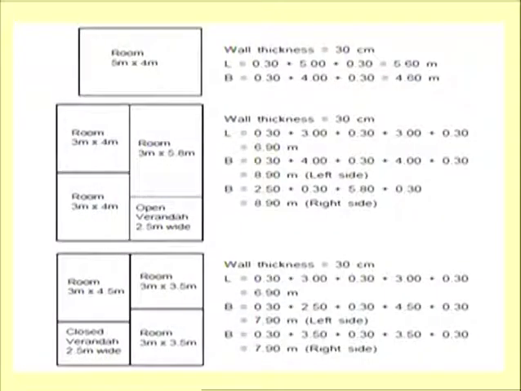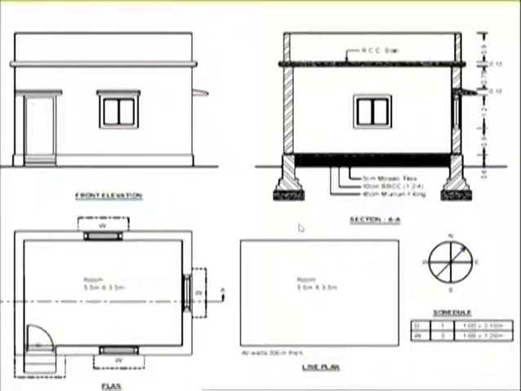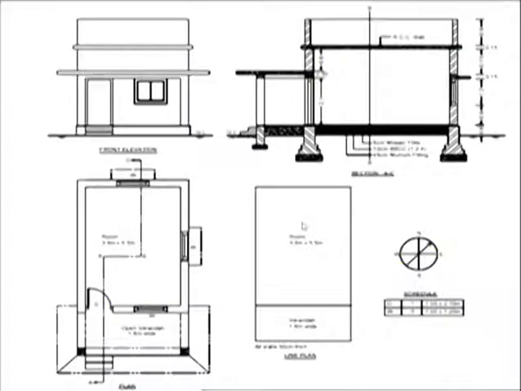So these are the different plans. The single room is there, 5 meter by 4 meter. After considering the wall thickness, the external dimension of this room will be 5.6 by 4.6, because wall thickness is equal to 30 centimeter. Here also these rooms are there, and these wall thicknesses are there. We will come there again, but before that, I will show you how to draw